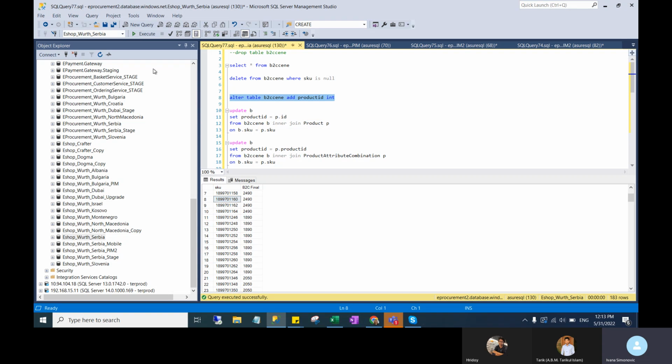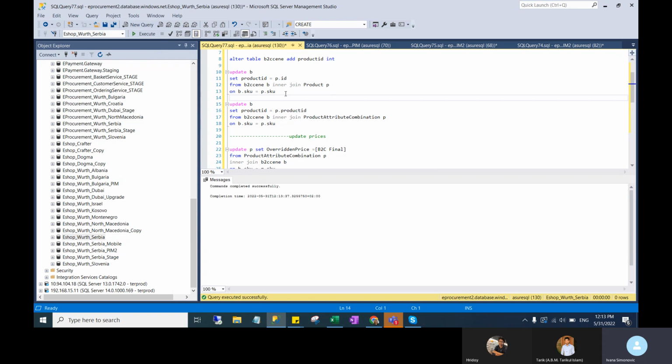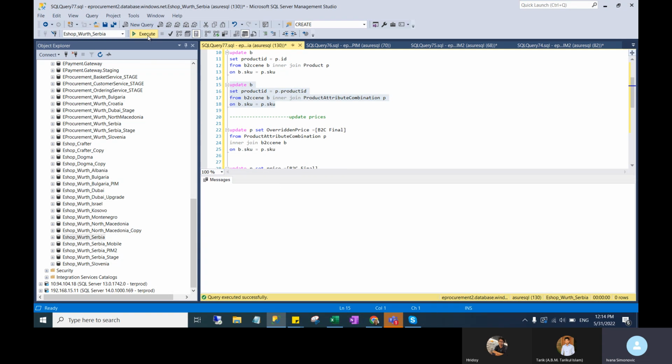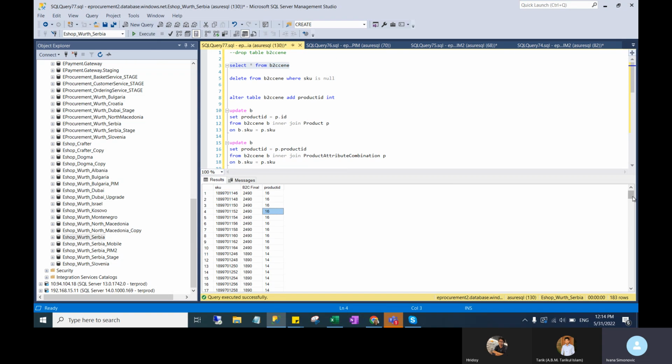So we are altering table B2C prices and adding product ID column, and then these SQL queries are actually updates, and they are just updating product ID from product table, joining on SKU, and also product ID from product attribute combination as well, joining on SKU. So I'll just update our table and check what we got. So we have some product IDs, and probably